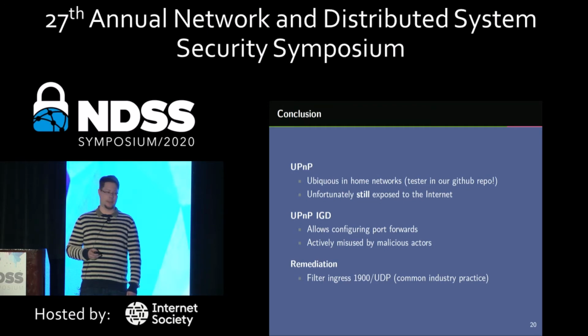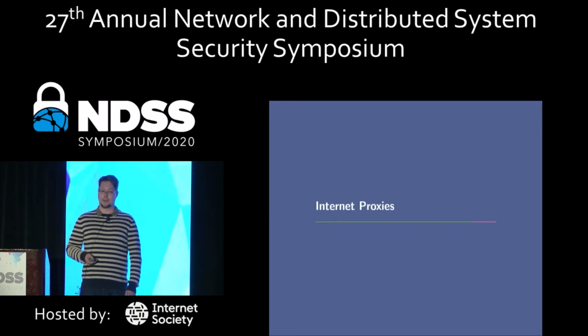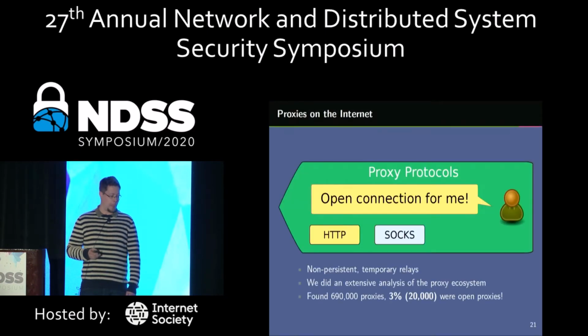What is actually done by ISPs, generally, is that they are simply blocking the discovery, which will alleviate this issue. And this ends the first part, and I'm going to shortly describe how we do something similar, how we again look into some hidden networks using internet proxies.